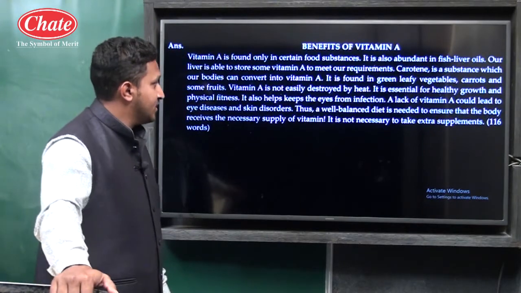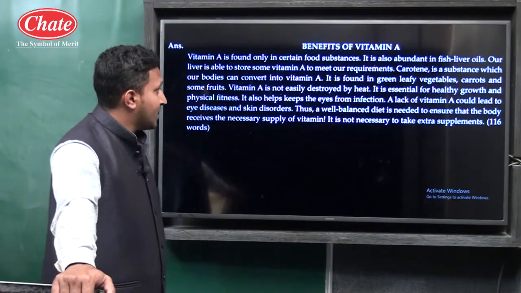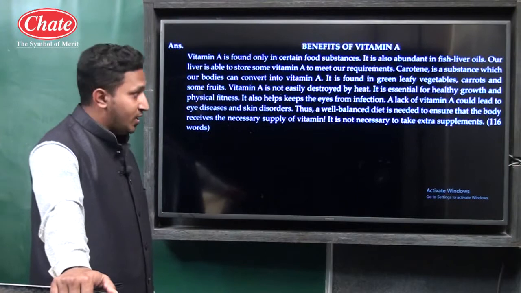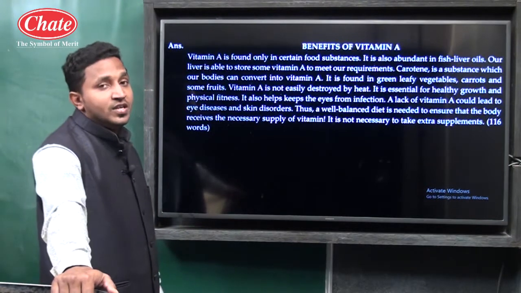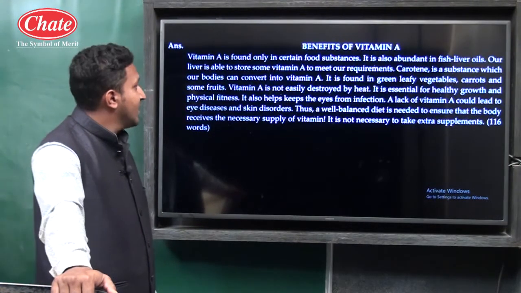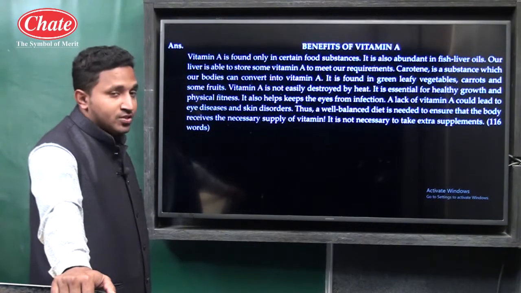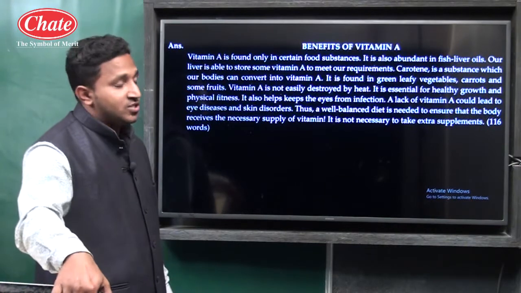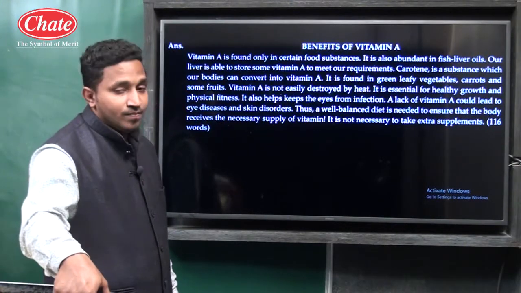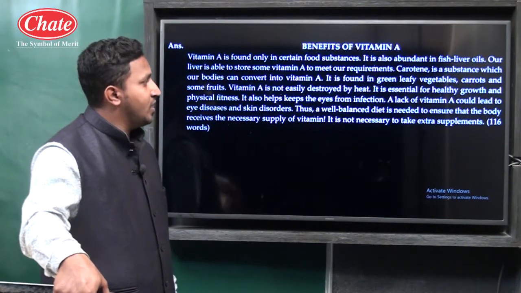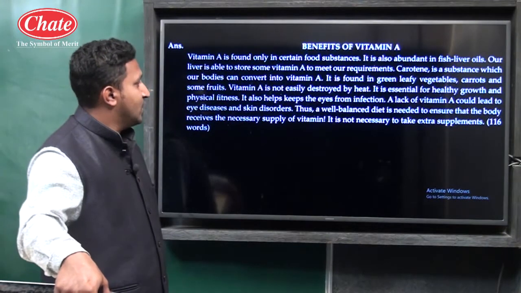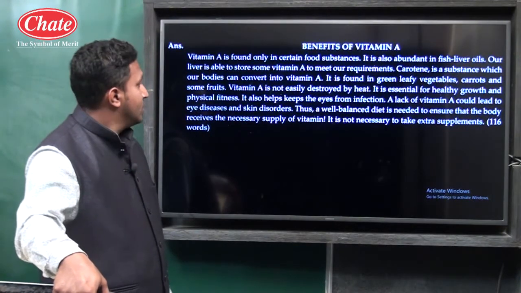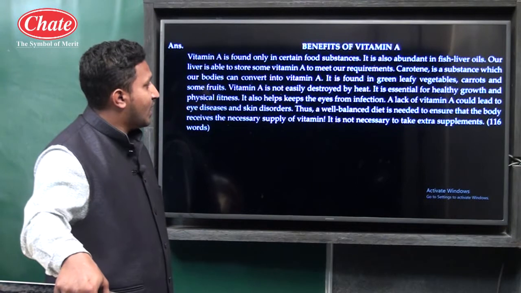Keratin is a substance which our bodies can convert into vitamin A. It is found in green leafy vegetables, carrots and some fruits. Vitamin A is not easily destroyed by heat. It is essential for healthy growth and physical fitness. It also helps keep the eyes